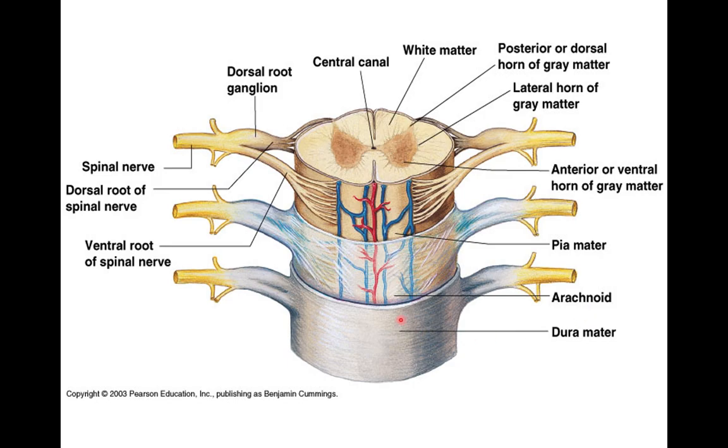Here you can see the meningeal structures. This is the spinal cord, and these are the spinal nerves coming out on both sides. This is the outer dura mater, then the inner arachnoid mater, which is somewhat transparent. And the pia mater, once again, is the microscopic covering, a thin layer. You can see this thin layer surrounding the spinal cord is the pia mater, which enters inside the sulci as well.